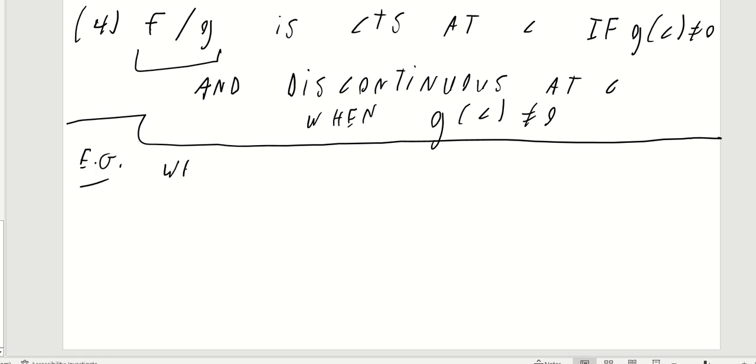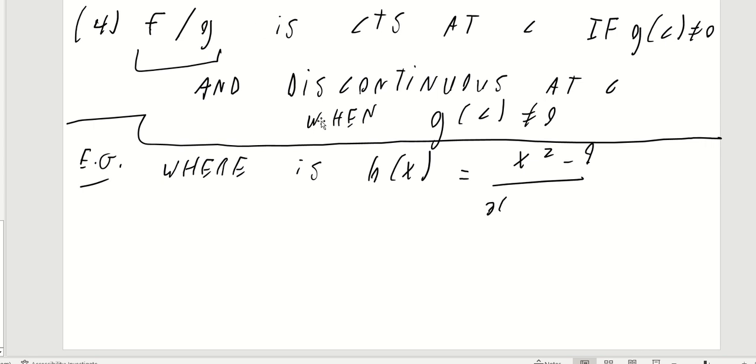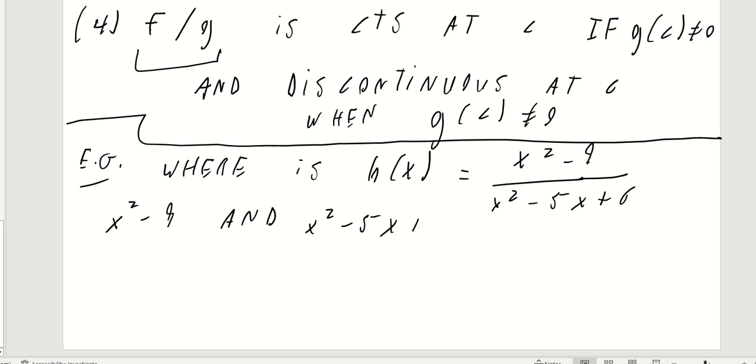The example is the following function. We're going to look at a quotient function, h of x, equal to x squared minus 9 all over x squared minus 5x plus 6. Basically we can think of one polynomial over another. If we think about the polynomials x squared minus 9 and x squared minus 5x plus 6,